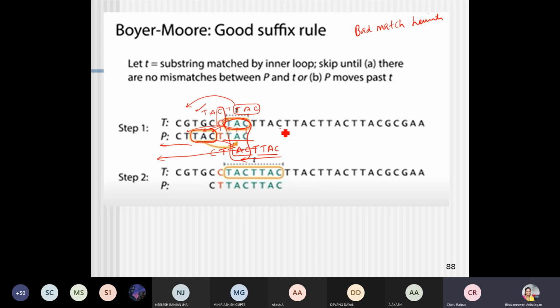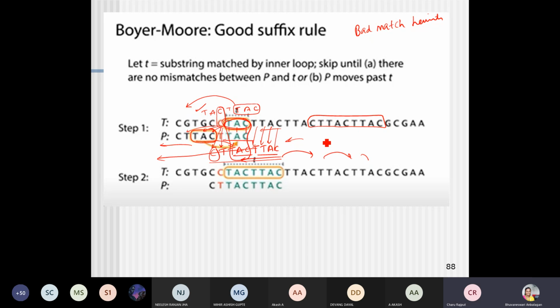Do you understand? See here, from here we have C and C matched, A and A matched, T and T matched, T and T matched. And then C and T here, there is a mismatch. Again, it will check whether any C is available over here, and it will try to align with the C to get that particular match. In this way it will keep on iterating by shifting this pattern, and it will finally find it in one place like this: C double T A C double T A C.